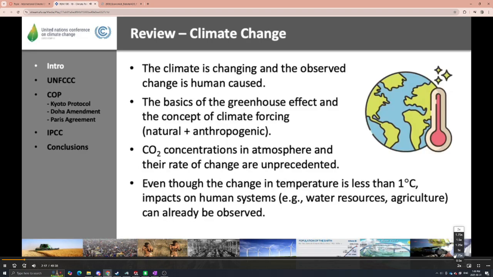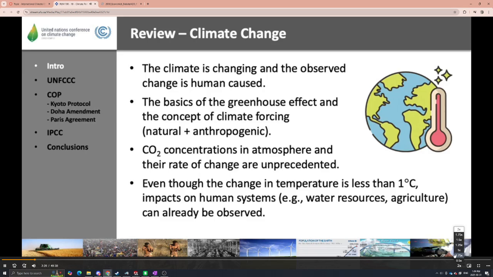Since our discussion of the physical aspects of climate change has been a while ago, let's start with a quick review of the key facts. First, we have seen that the climate is changing, and we can conclusively say that the observed changes in this climate are human-caused. The process that is responsible for the observed changes is relatively simple. The human-caused, or anthropogenic, emissions of CO2 and other greenhouse gases cause the natural greenhouse effect to trap more energy. So there is this natural greenhouse effect that the planet has, but the humans are increasing that greenhouse effect. And this causes the greenhouse effect to trap more energy in the atmosphere, which pushes our climate towards warmer